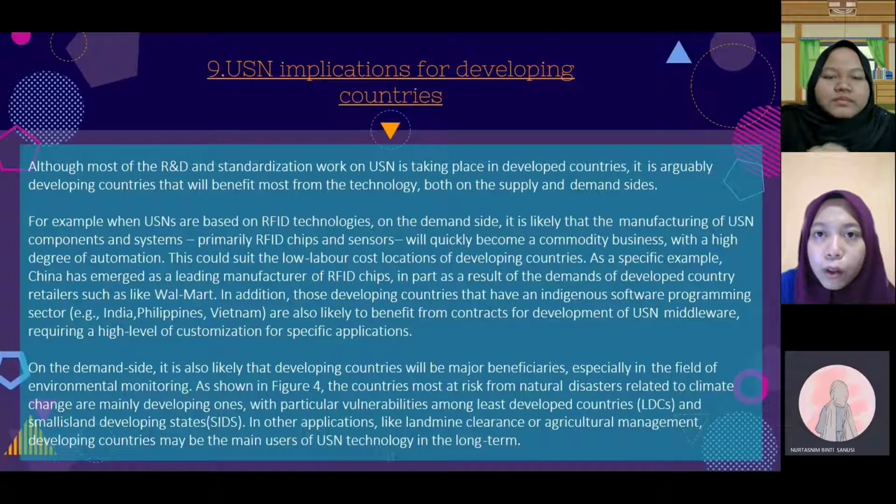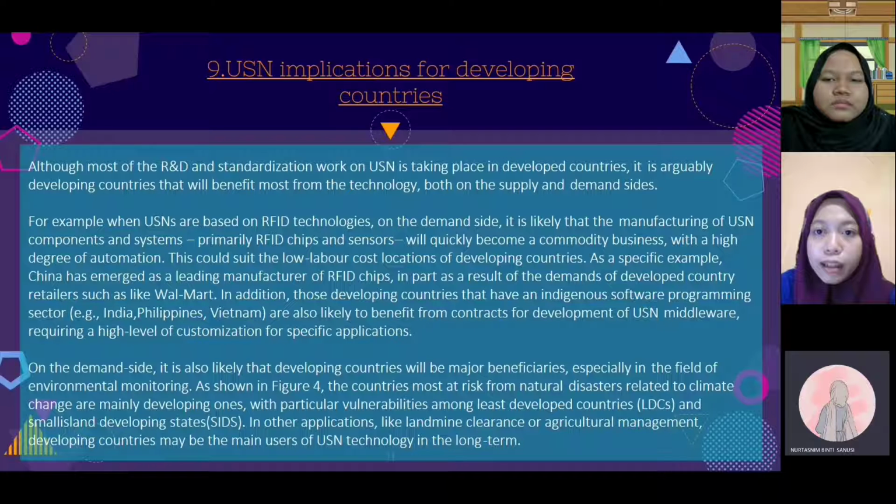USN implications for developing countries. Although most of the R&D and standardization work on USN is taking place in developed countries, it is arguably developing countries that will benefit most from the technology, both on the supply and demand sides. For example, when USN are based on RFID technologies, on the supply side, it is